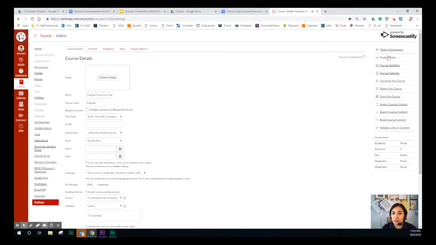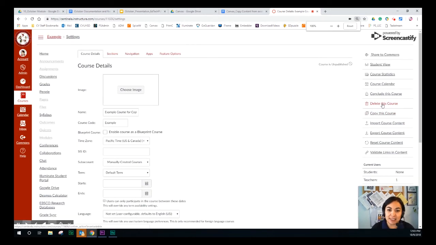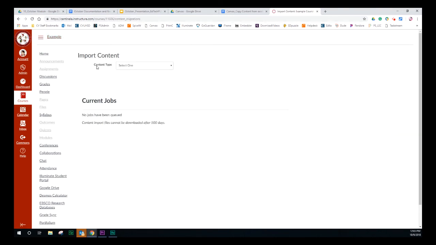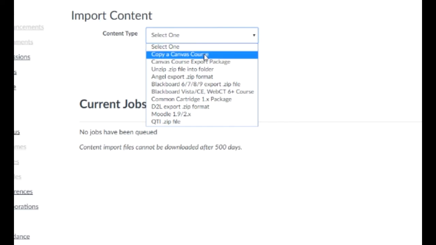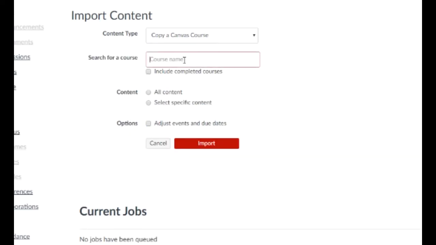Now, if you look over on one side of your screen, you're going to see the option to import course content. I'm going to zoom in a bit so you can see it better. Import course content. In the option Content Type, select from the drop-down and select Copy a Canvas course. Now, you want to look for the course that you are the teacher of. In this example, I'm going to choose